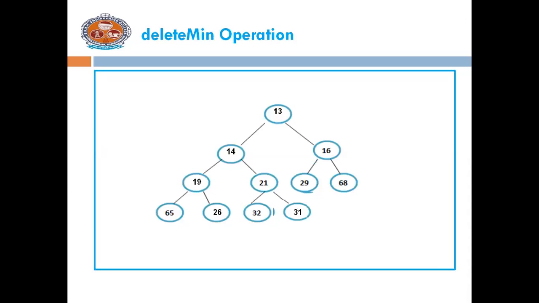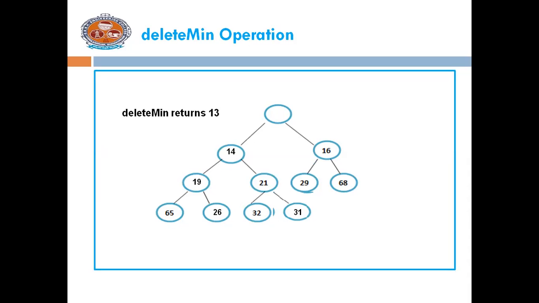And the next operation is the delete operation. Here also this is an example of a min binary heap. So in a min binary heap, the root holds the minimum element. So when the minimum element is removed, a hole is created at the root. Now see here the minimum element 13, so delete min returns 13. The hole is created at the root.